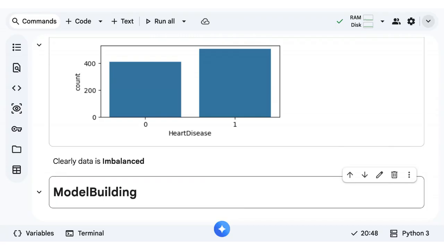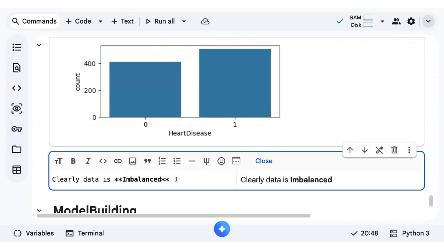Since the number of observations related to heart attack risk is high, your model learns more towards the class which has a high number compared to the class which has a low number. Bias will happen here.